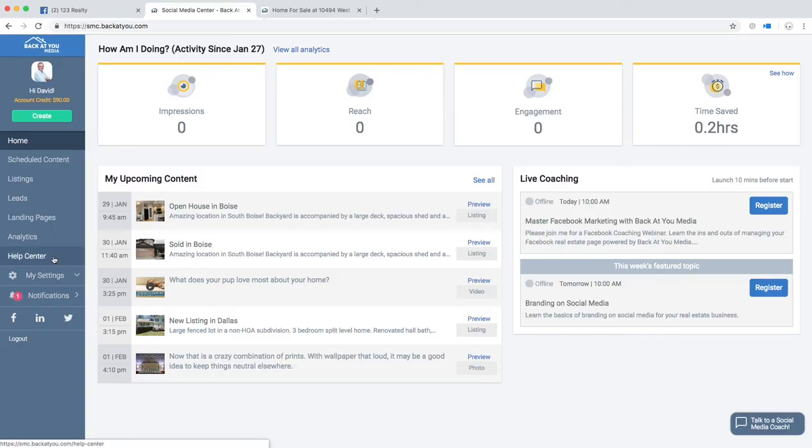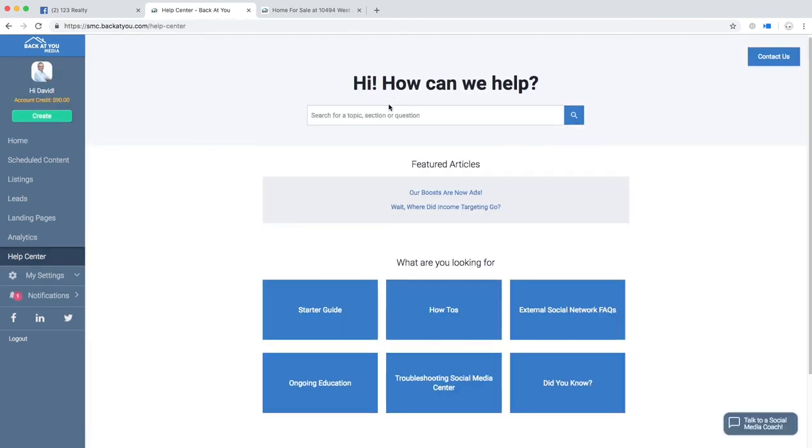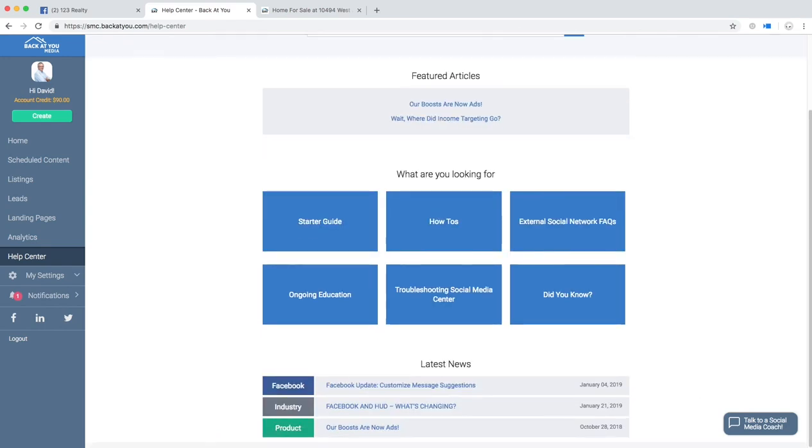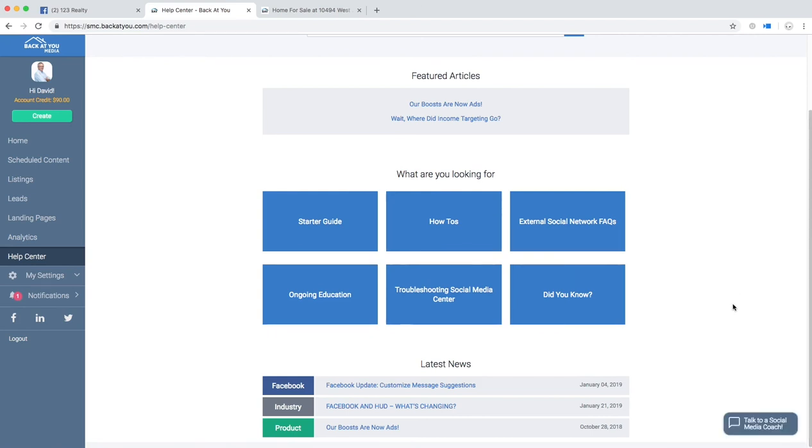We've got an excellent help center here on the left-hand side that you can review, and ask any questions that you have, like, hey, how do I advertise that listing again? Or, how do I swap the image for the landing page post? We've got you covered. So ask any questions that you have here. Or if you'd like to chat with one of our social media coaches, go ahead and click Talk to a Social Media Coach and ask a question, and they will respond and make sure that you are getting the assistance that you need. You can also give us a call at